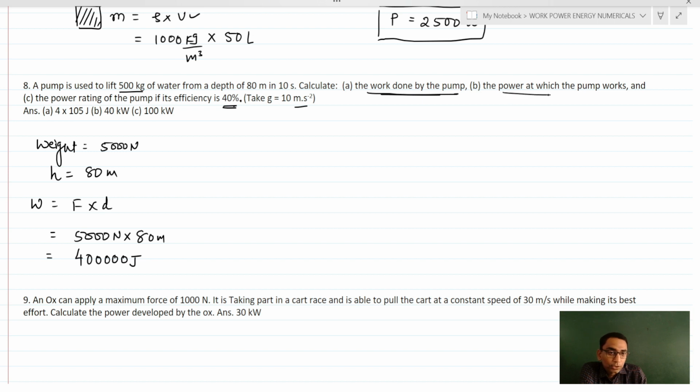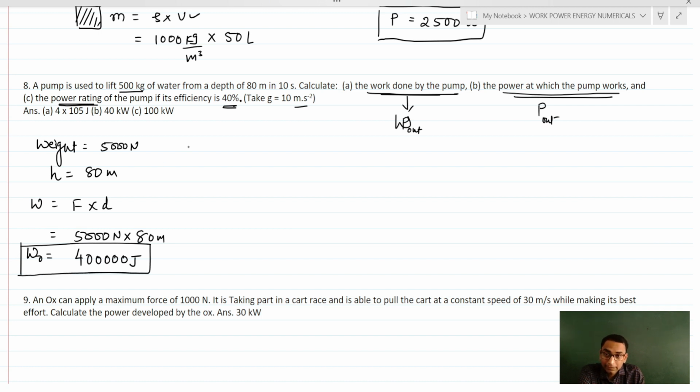Now the power at which the pump works, that is the power which we have found out is the power output. This is the work output and this is the power output, because when the machine does something, it is the output of the machine. So work done by the pump, that is work output. Power at which the pump works, that is power output. Power rating means power input. Okay, so we have found this is the work done by the pump, so this is work output,